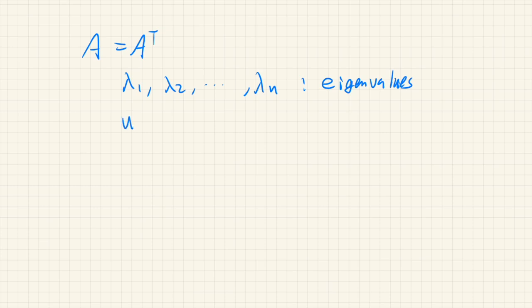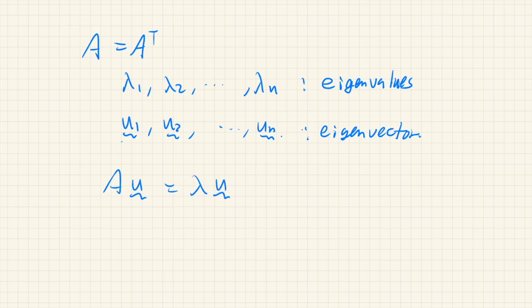And the corresponding eigenvectors are denoted as u1, u2, and so on. So these eigenvectors can be normalized, okay? Because if we have this equation, so u is an eigenvector, then if we multiply both